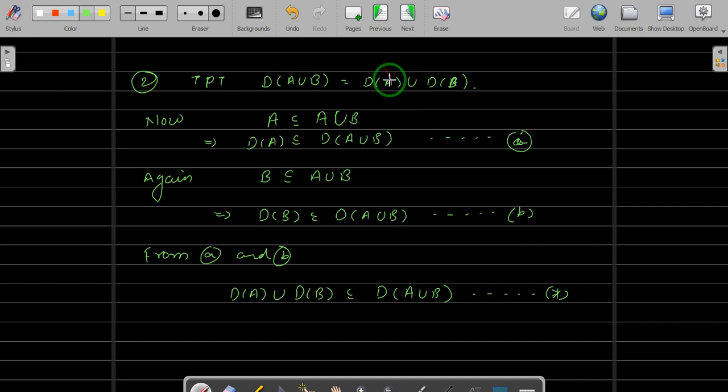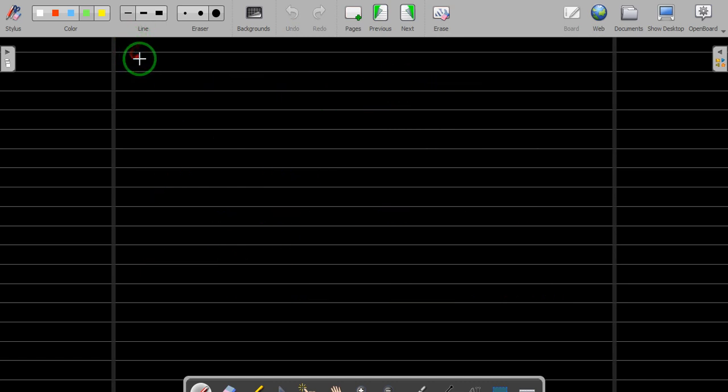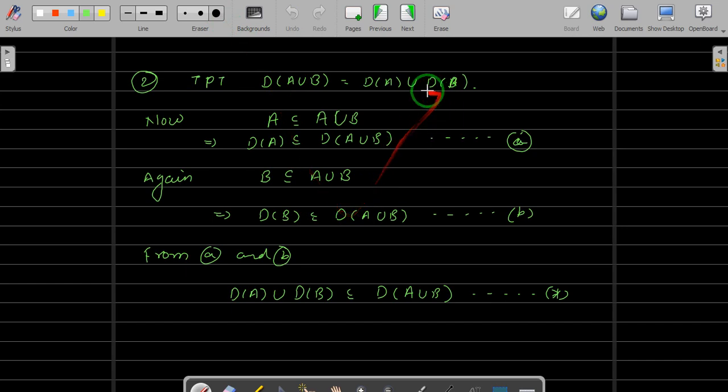So one thing we achieved, that our right hand side is a subset of the left hand side. Now we have to show that left hand side is a subset of right hand side. And to show that, let us take one point in the left hand side. So let X belong to derived set of A union B. We have to show that X belongs to derived set of A union derived set of B, and when will this X belong to the union of derived set of A and derived set of B? When it will be in one of them. So if X belongs to derived set of A, then we are done. We don't have to do anything.